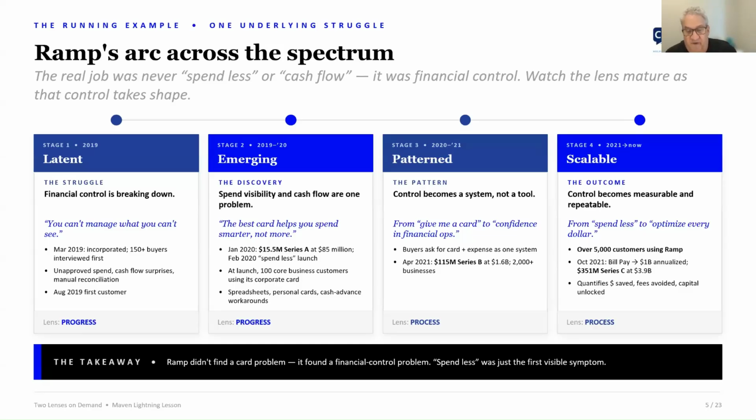Received their first Series A funding, $15.5 million in January 2020, and a valuation of $85 million. So not significant in terms of future valuation forecast, but had their first set of customers, 100 core business customers,